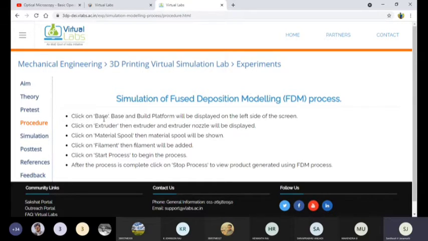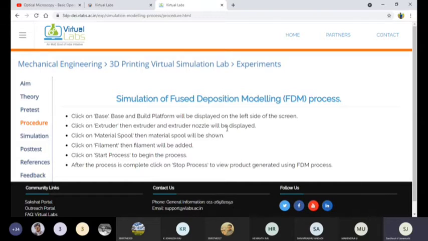Once you click on the base, the build platform will be displayed on the left side of the screen. Second step, once this is displayed, we can click on the extruder button. Once you press it, the extruder and extruder nozzle will be displayed on the screen.